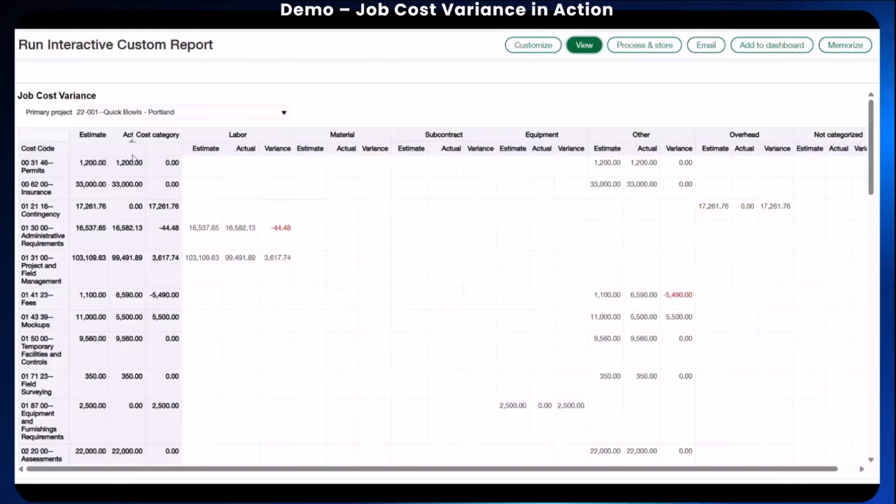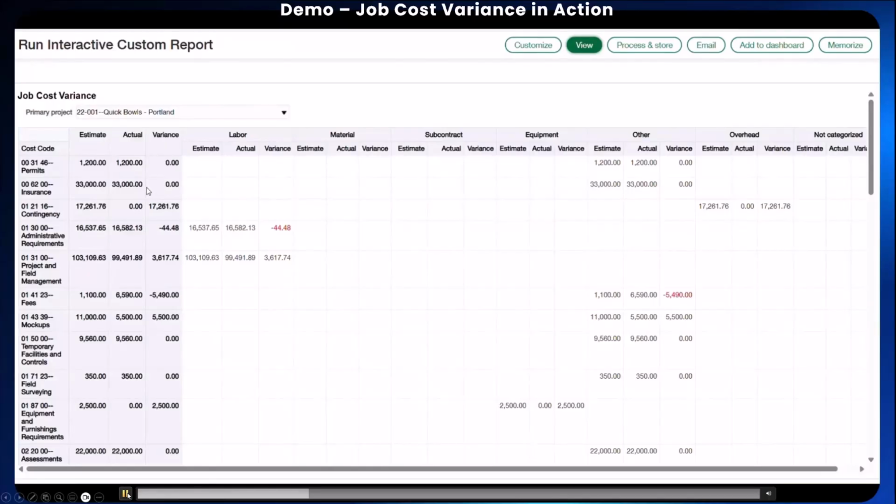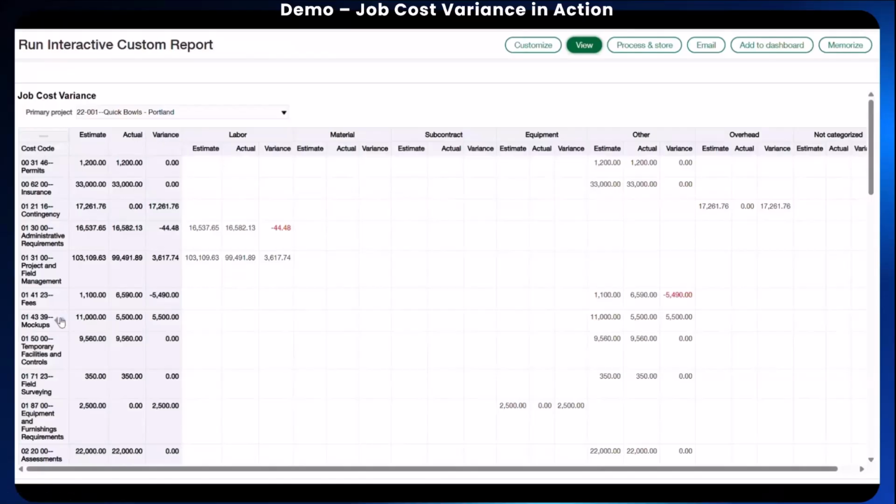And for each of the cost codes, we also see the estimates from your estimate or contract setup, plus any adjustments to that budget. We also have the actuals from AP, payroll, and other sources, such as committed cost, subcontracts, and POs. Now you have something that you have agreed to but haven't paid yet. And then we also have the variance, which is the difference between the revised budget and actuals.